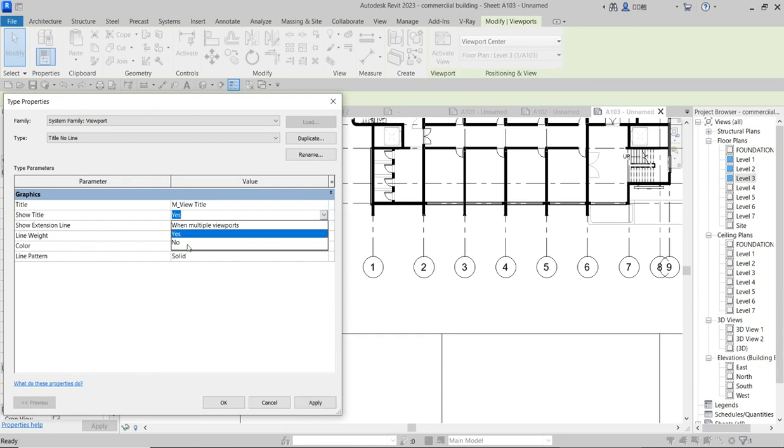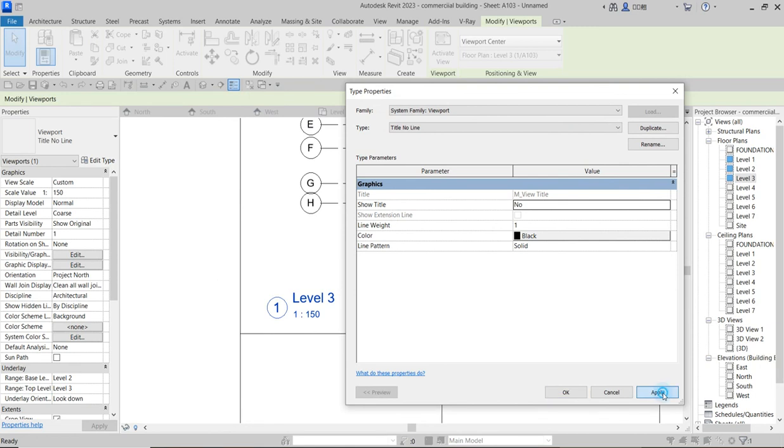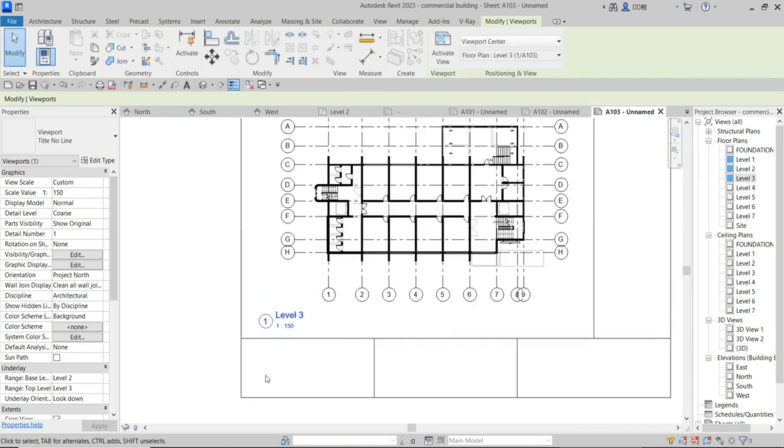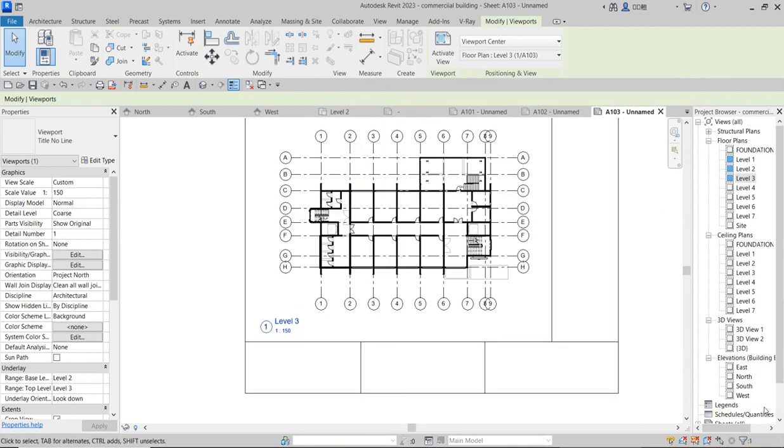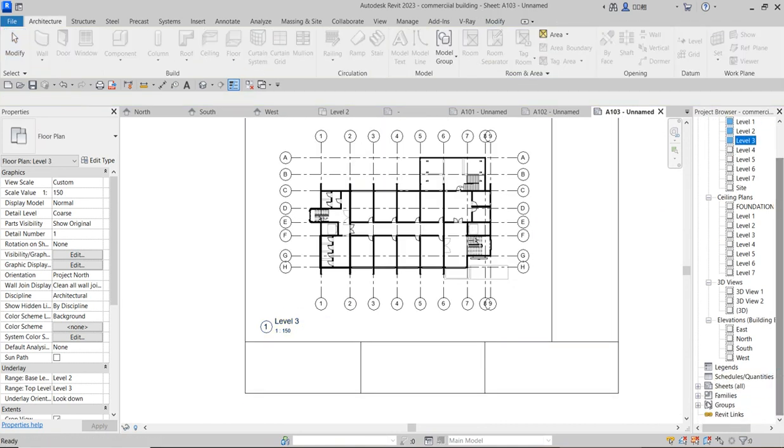You can decide to say okay, no, or no, whatsoever you release for yourself, just look at it and apply. So the title will disappear if you say no. The title you want to show, you can say when multiple field, you can apply it. So it depends on the way you want to do your drawing and your design. So these are the options left and the option you have, and so most other addition can be found under this family